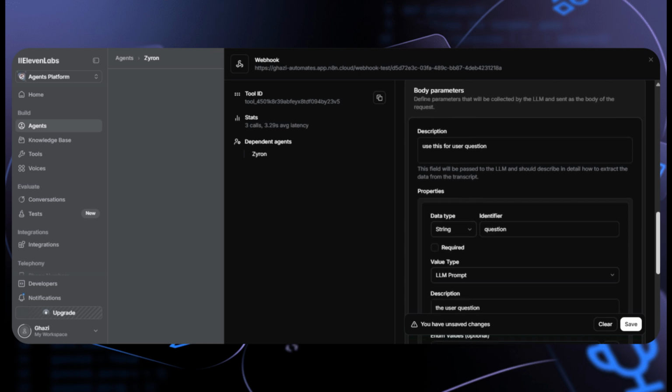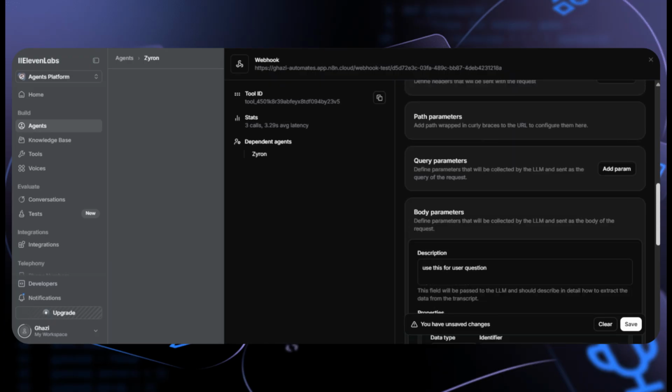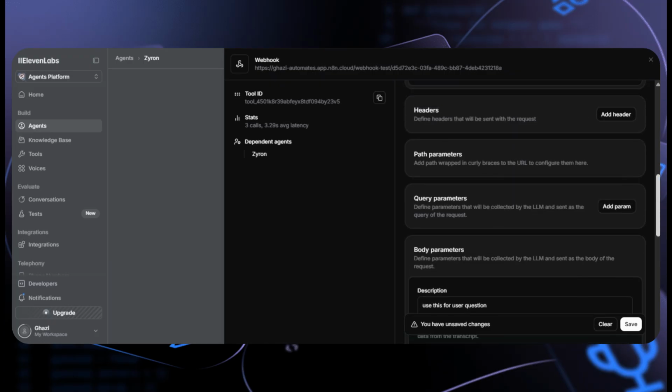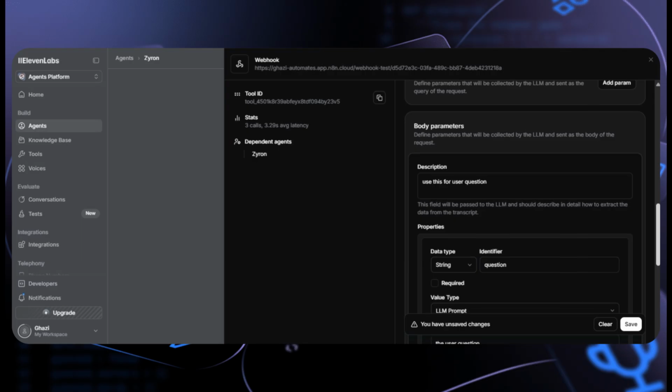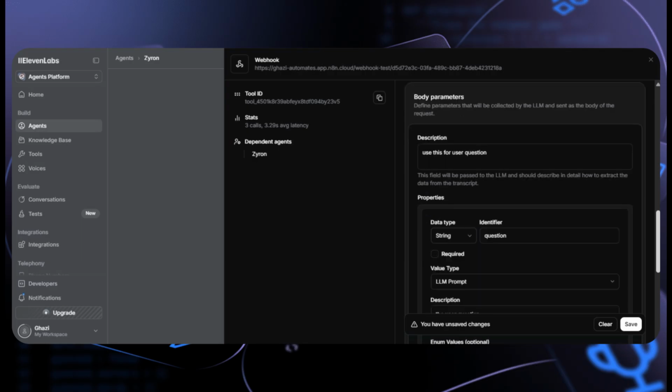When I teach you the HTTP node, I will explain headers and query parameters, it is in my plan. But now body parameters: what this voice AI agent will send and what we will receive in n8n.